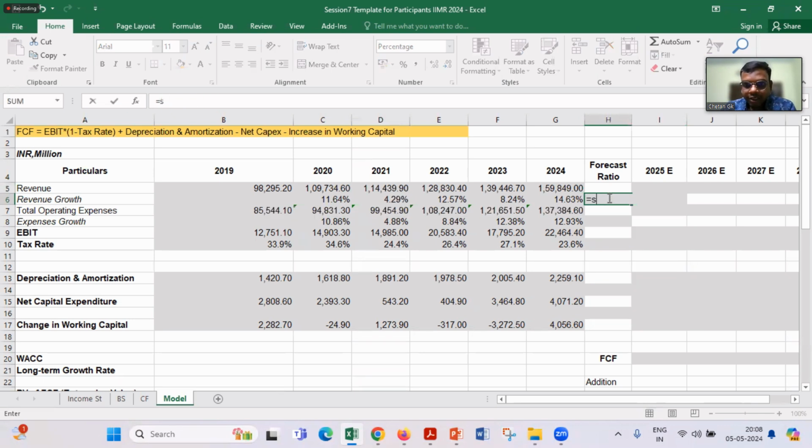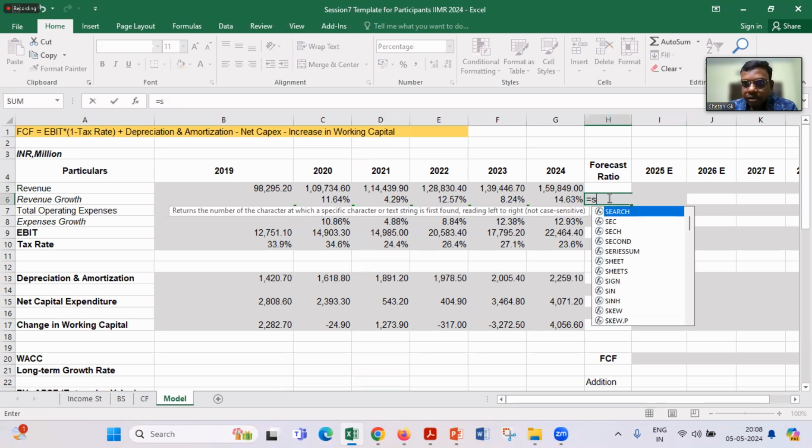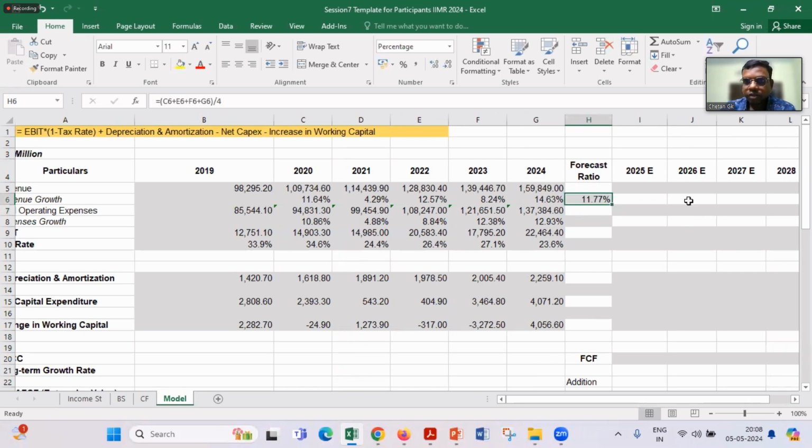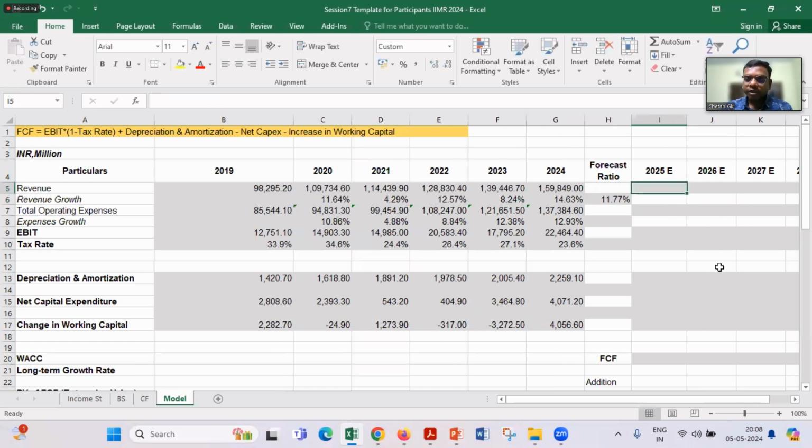So I'll take an average of these, divided by 4, in brackets. I can actually do it this way as well. I am leaving it to your creativity. Whichever method you are okay with, you can go ahead with it.